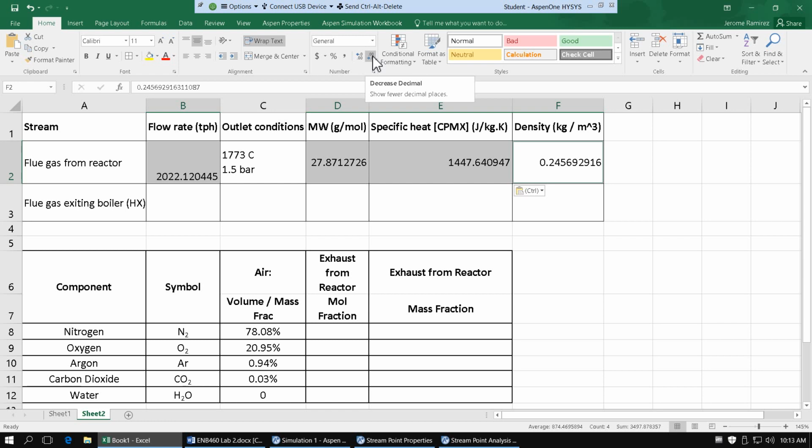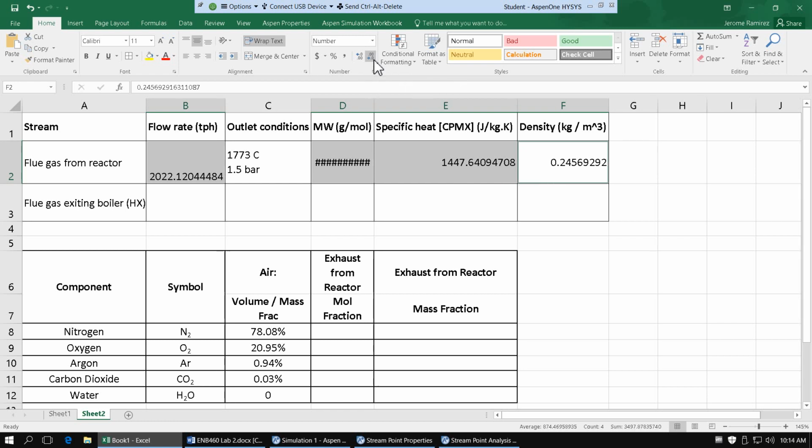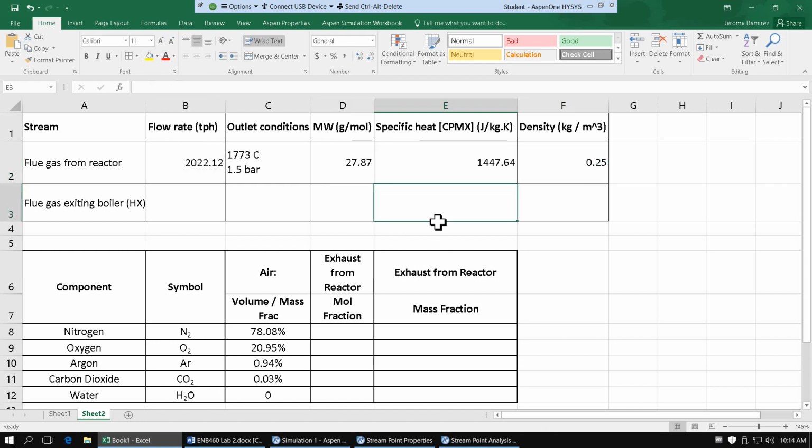You're not that sure about the accuracy of your data, so you can just reduce that. Just use 2 decimal places. All right,